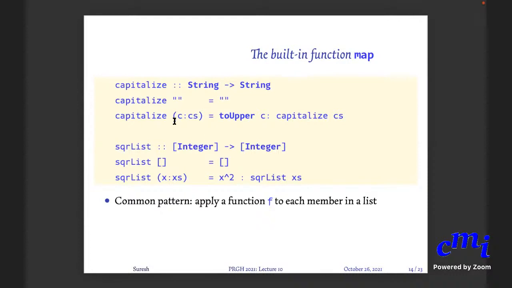You have a particular function. In the first case, toUpper. In the second case, it is squaring. You have a particular unary function which you want to apply to every element in the list. So essentially, you don't need to write a complicated